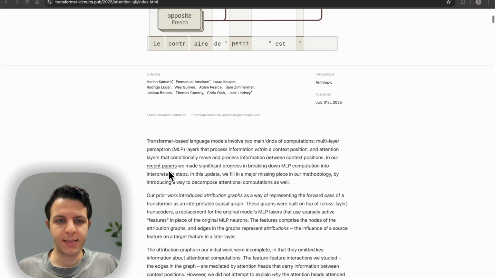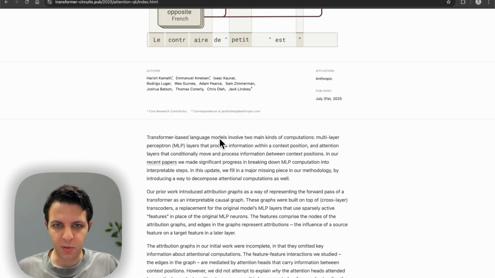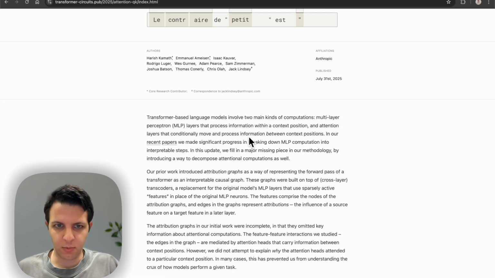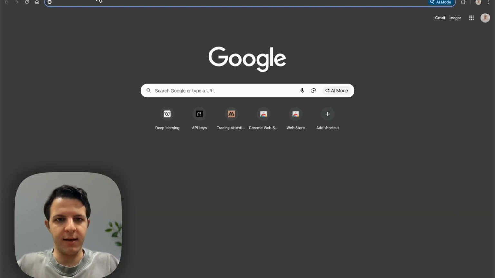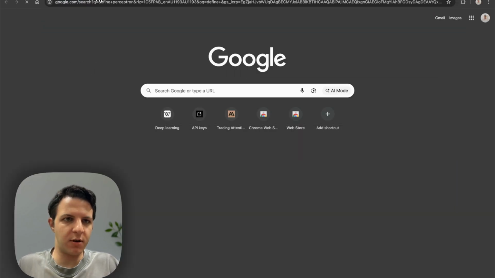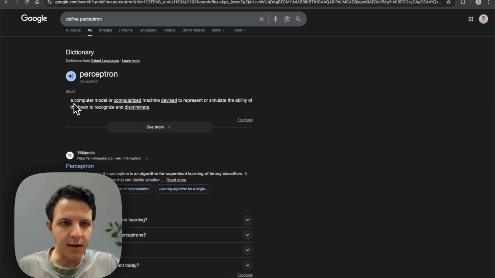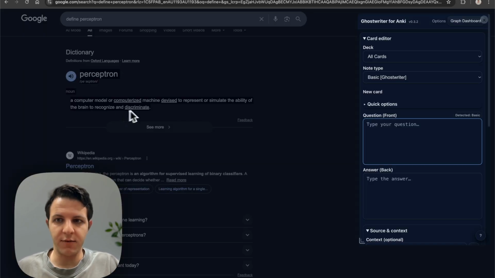So let's say I'm reading this first sentence: transformer-based language models involve two kinds of computation, multi-layer perceptron. And I go, okay, perceptron, that's an interesting word that maybe I haven't seen before. I wonder what that means. And I go ahead and I say define perceptron. Okay, a computer model or computerized machine device to represent or simulate the ability of the brain to recognize and discriminate. Cool, all right. So I'm just going to highlight this